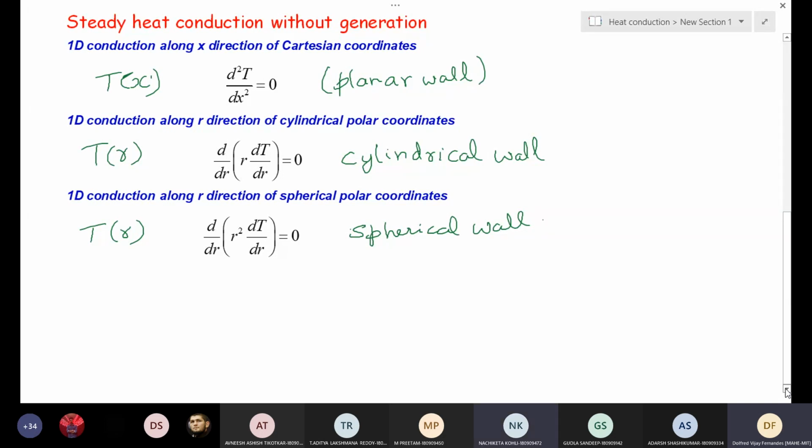But you understand here that to solve these equations, we need a number of boundary conditions. Okay, it's a steady state problem, so there is no need of an initial condition anyway, but boundary conditions are required. So it is a one-dimensional problem. Look at the equation and tell me how many boundary conditions are required to solve these equations. How many boundary conditions are required for the first equation? Sir, 2. Okay.